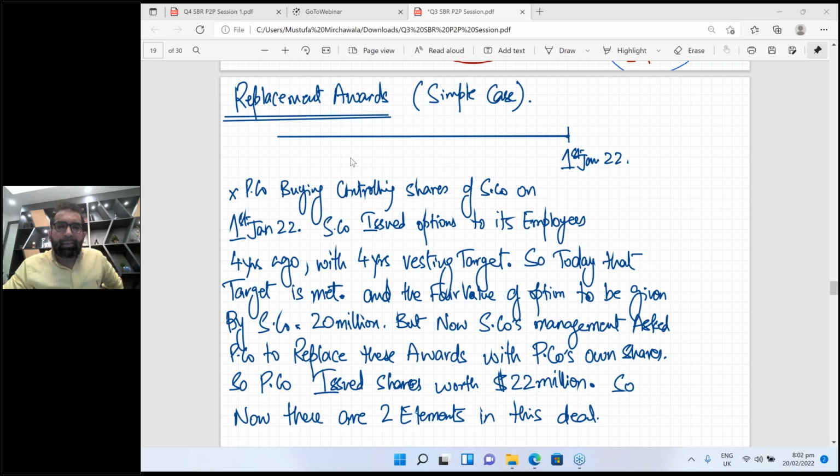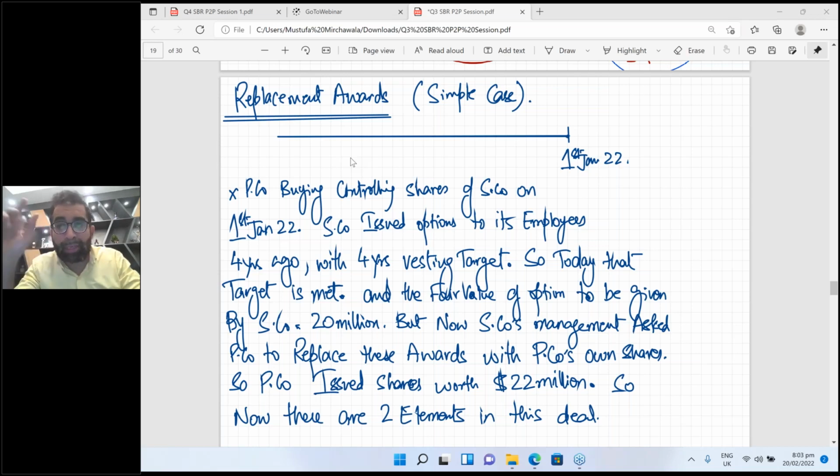Now the third topic is replacement awards. This is a technical topic. Even your examiner has written an article on it, right? And this has been tested 2 or 3 times. Like back in 2008 there was a question, Margi, and the majority of teachers teach that question. It came in that Margi question, and then Leuploid, that is September or December 2019 attempt. Okay, so what is this case?